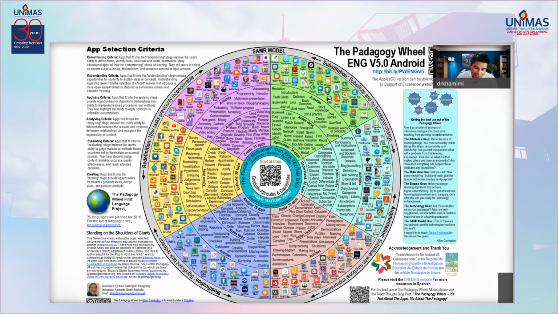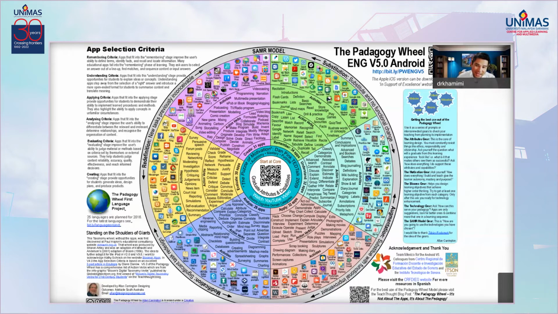And the last but not least, according to my diagram just now, after we have finished with the Bloom taxonomy and then the action verb activities, now this is the time for us to think about the applications that might help us. Okay, and Alhamdulillah, all these applications are free of charge. The most important thing, free of charge.